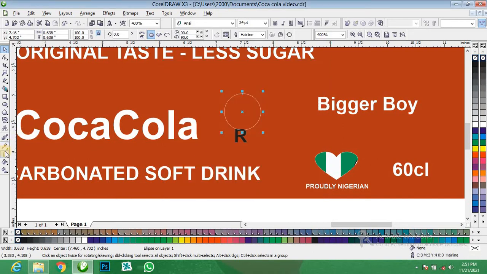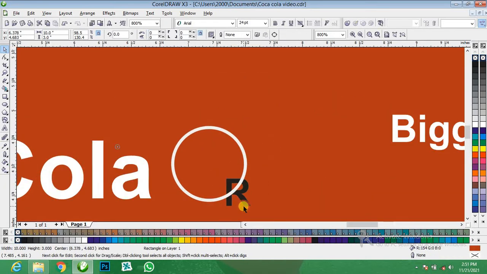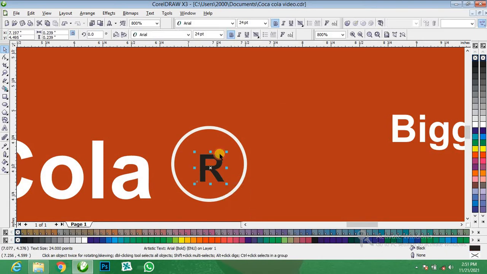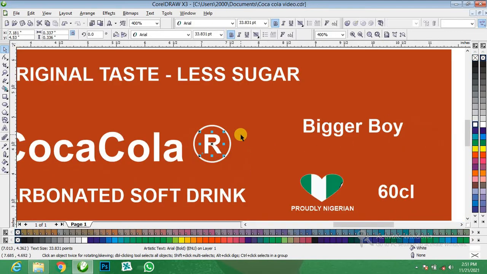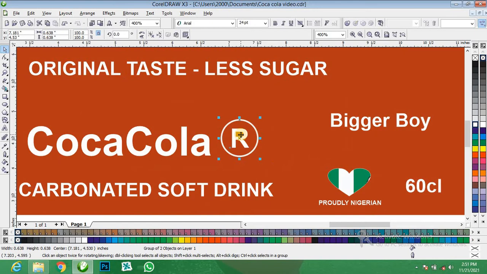Okay, we increase the outline weight to this. This is cool. Bring in this here, increase the size like this, change it to white. After this, you select the circle with the letter R. Over here, you click on group to group it. You can use Ctrl G to group.